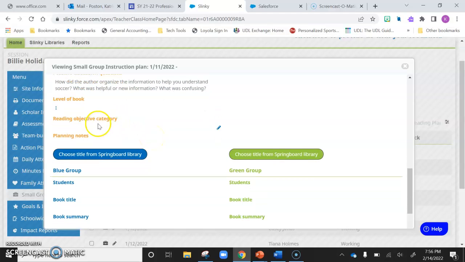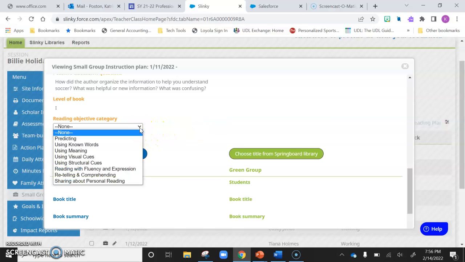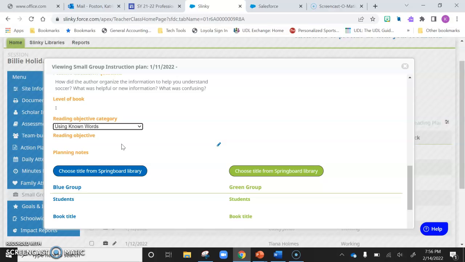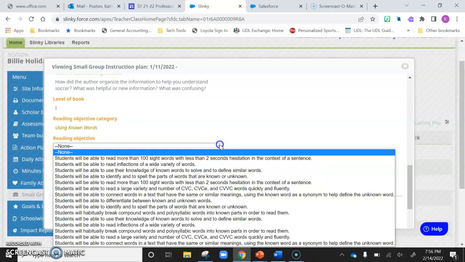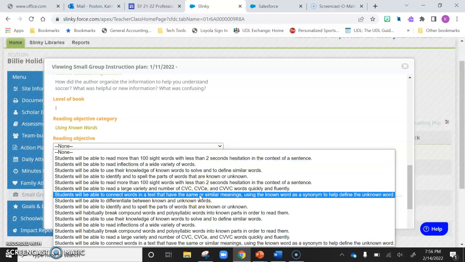The next thing that you will need to enter is the objective category, which you hover over the space and select the pencil. You will select the category that most aligns to the action plans that we have created for your students. So if we are going to use, let's say, using known words, we then select a reading objective from the drop-down menu and select the reading objective that most closely aligns to what we have set up for